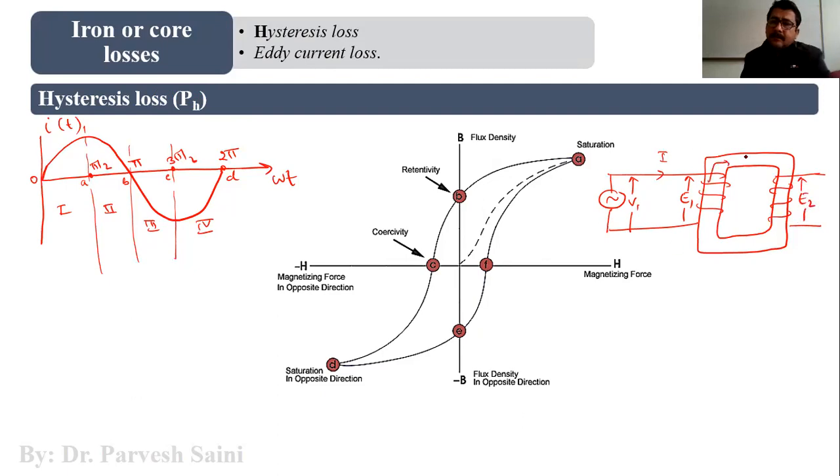And the flux is flowing, for example, in this particular direction. Now, when you have applied the alternating signal to the primary of the transformer, it will result in the bidirectional flux. For example, from this point to this point, the core of the transformer, which is made up of the iron or iron alloys, so here it will magnetize,